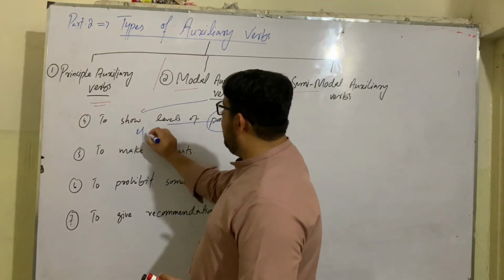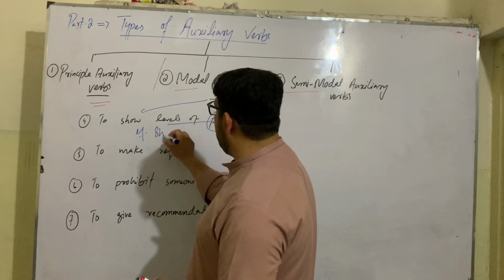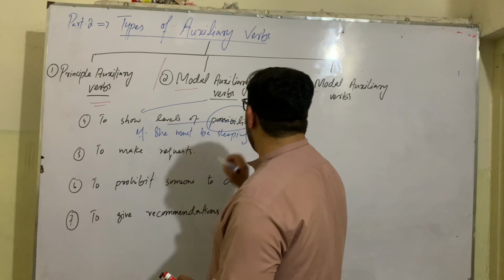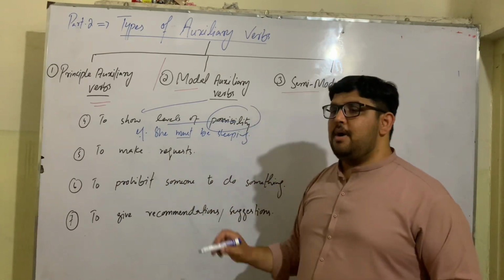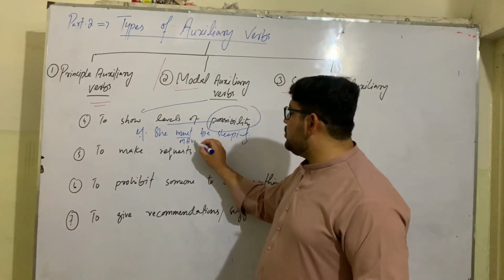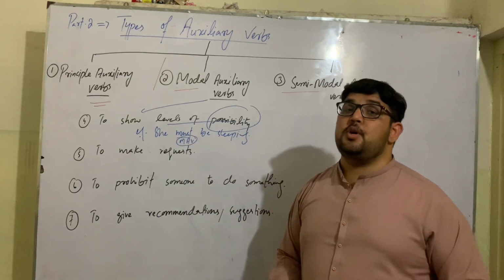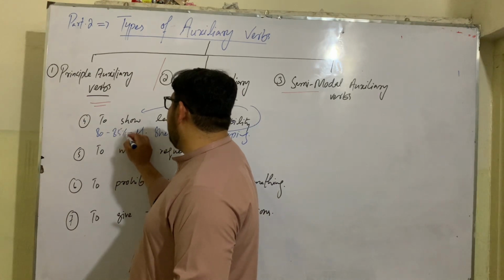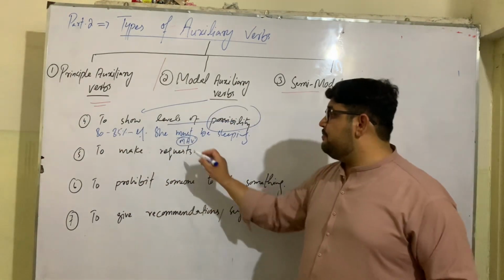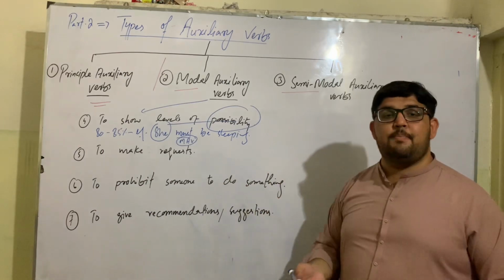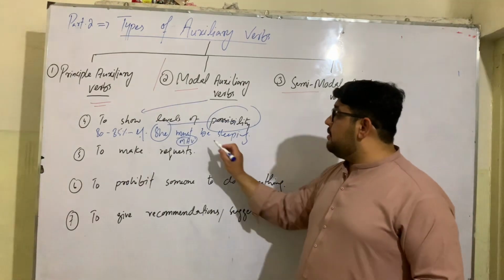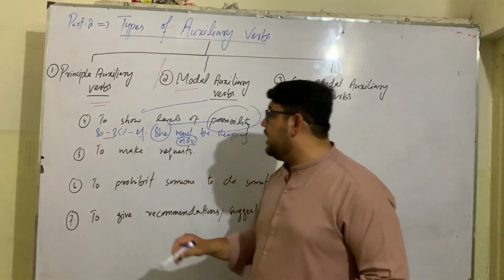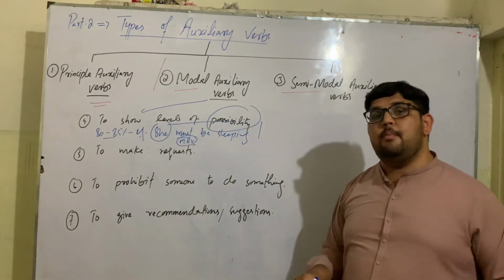For example, if I say that she must be sleeping. So here, must is a modal auxiliary verb and it shows possibility, a stronger possibility. Around 80 to 85% possibility is there that the subject might be sleeping or must be sleeping. So with one modal auxiliary verb it shows one level of possibility, and with another modal auxiliary verb it shows